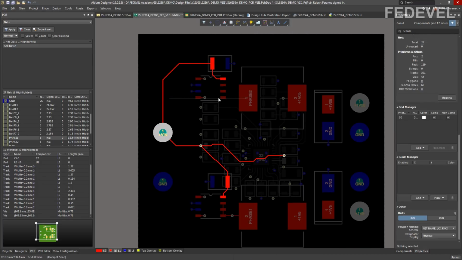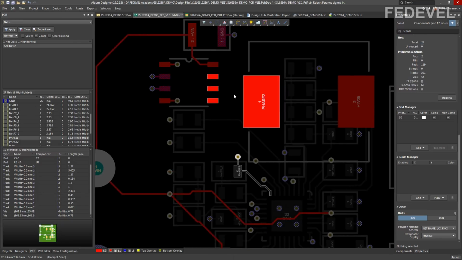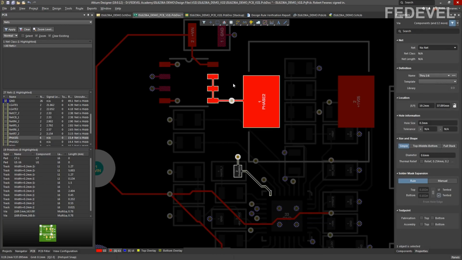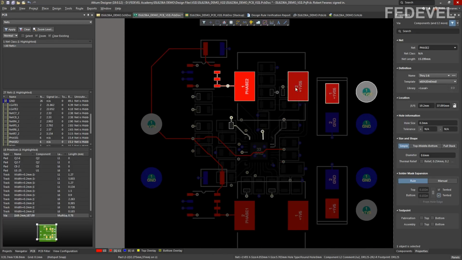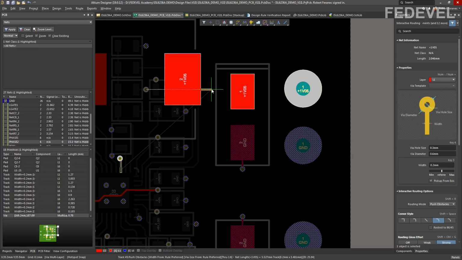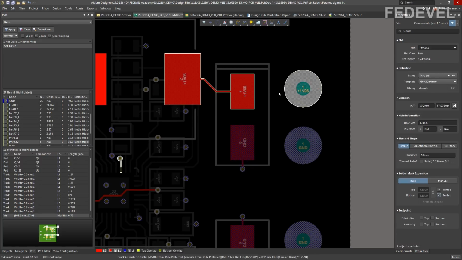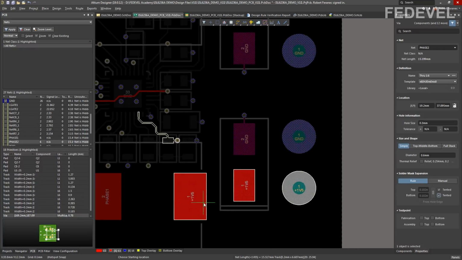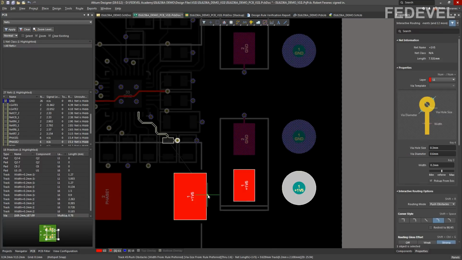Okay. Connect these paths. It is connected also down here, so place a via. And connect also these.